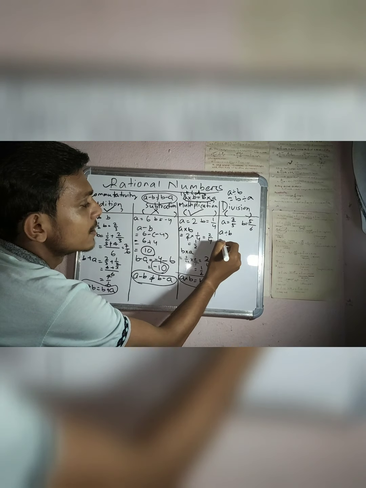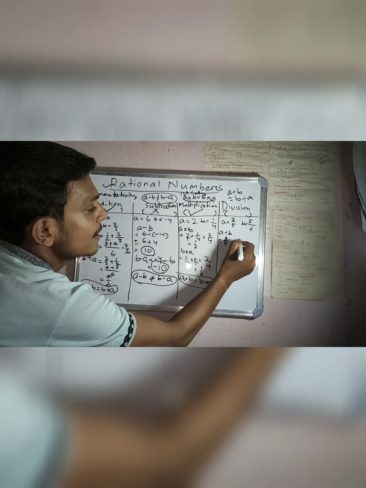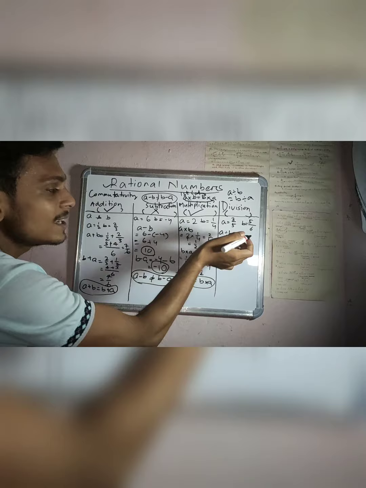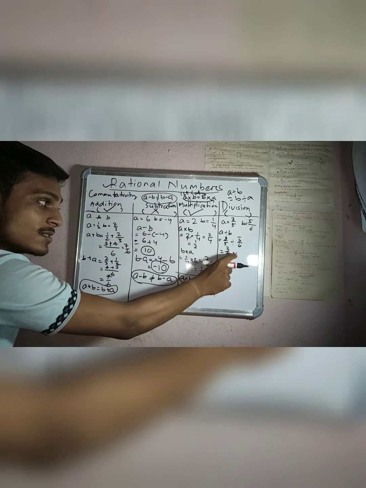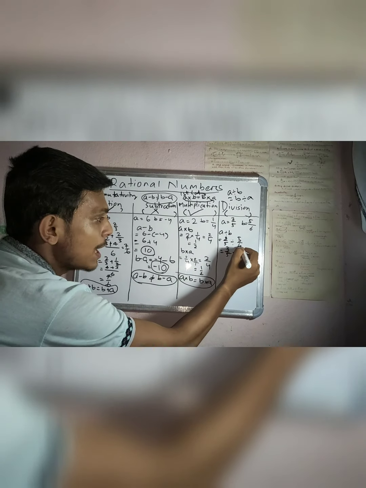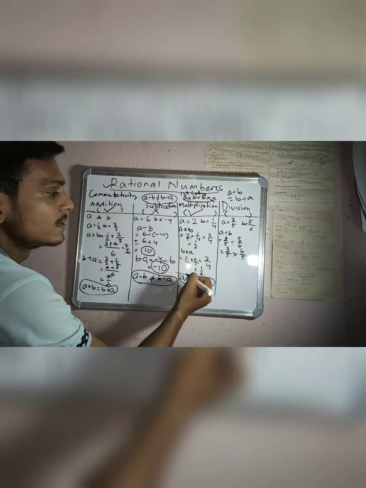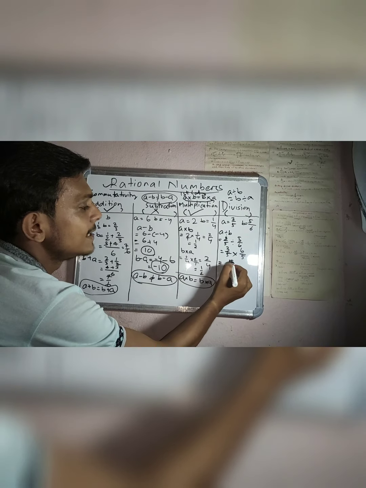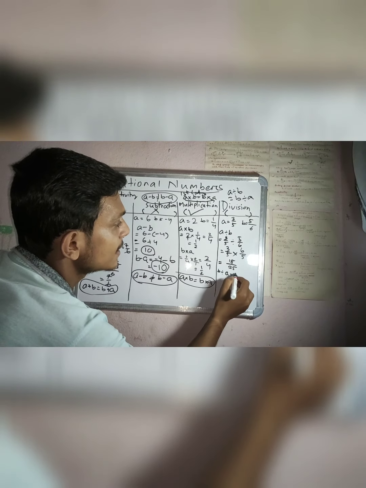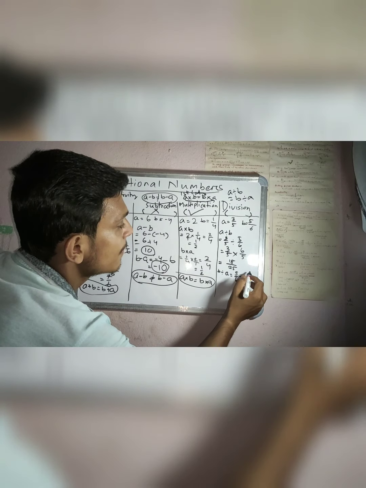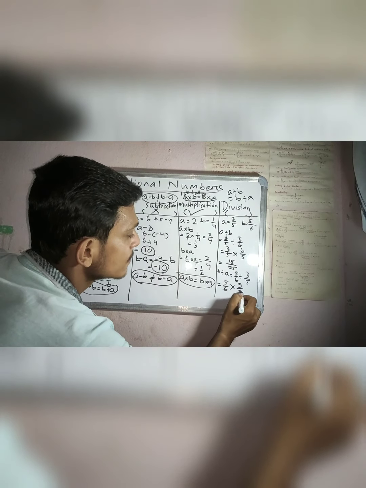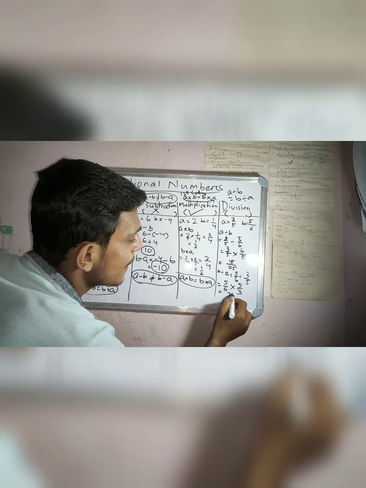That is a divided by b. So 3 by 5 is divided by 5 by 6. That is 3 by 5. Division is converted into multiplication. So the fraction is reciprocal. That is 5 by 6 becomes 6 by 5. That is 18 by 25. Similarly, b divided by a, that is 5 by 6 divided by 3 by 5. That is 5 by 6 multiplied with 5 by 3. That is 25 by 18.